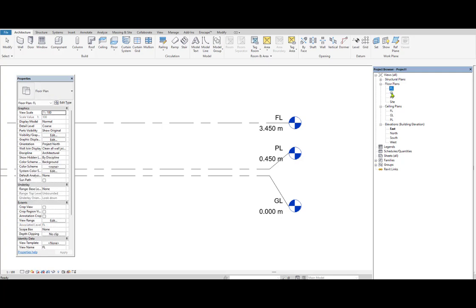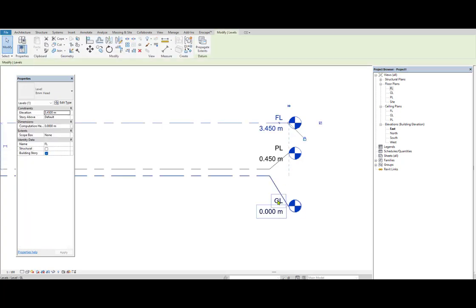That is floor level, ground level and plinth level. But in order to keep these three layers in the same sequence, that I want first as a ground, second as a plinth and third as a first floor, I just want to rename it again. Clicking on the ground, GL, and I am adding the numerical value to get the same sequence, that is 00GL. Click outside and yes.